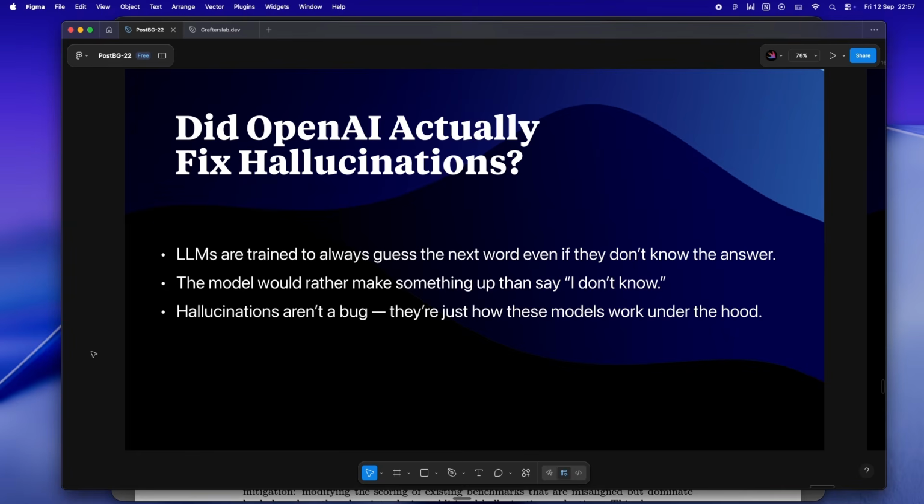And honestly, here's the thing. The reason this keeps happening is baked into the way these models actually work. At the core, they're just trying to predict what comes next no matter what. It doesn't matter if they're missing half the info or if the question is about some weird iOS beta API. The model never gets to just throw its hands up and say, I don't know. Instead, it just keeps talking. That's literally the job. Guessing is rewarded. Silence, not even an option.